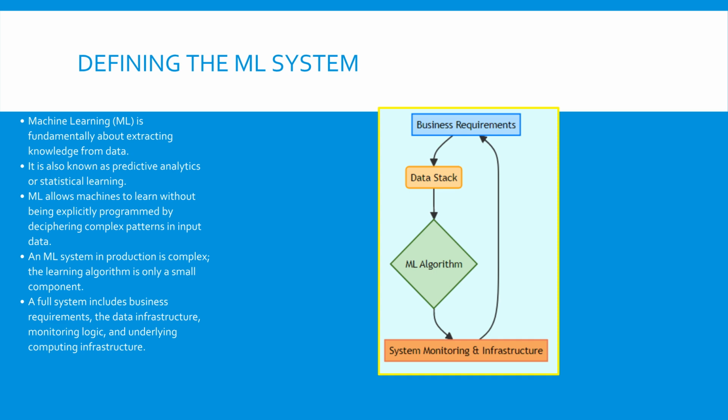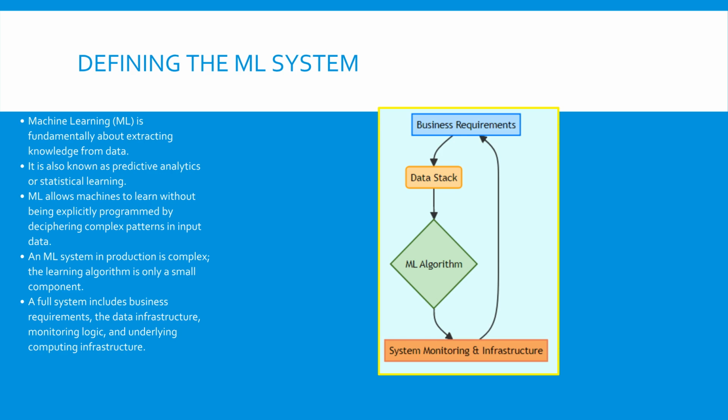At its heart, machine learning is simply about extracting knowledge from data. We can also call this process predictive analytics, or statistical learning. The goal is to build a system that can learn without needing direct, upfront programming. Instead of telling the computer exactly what to do, we give it data, and the machine figures out the patterns